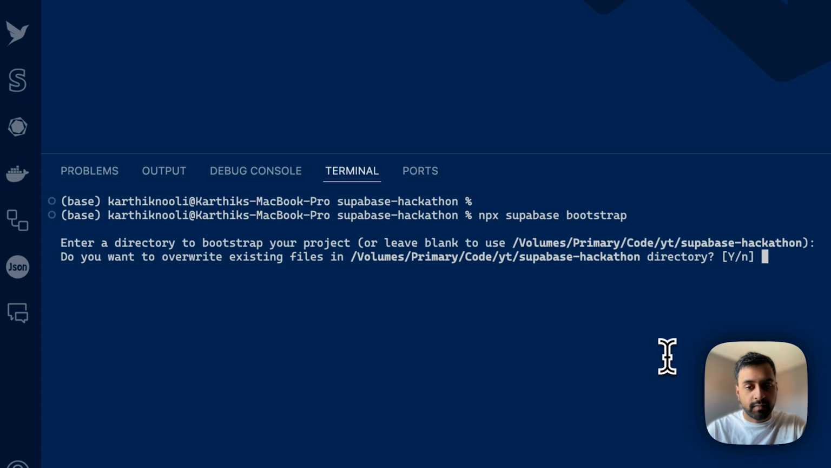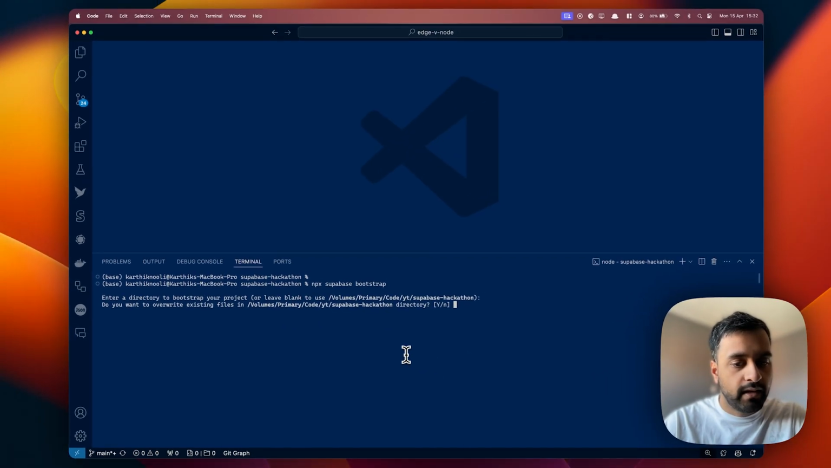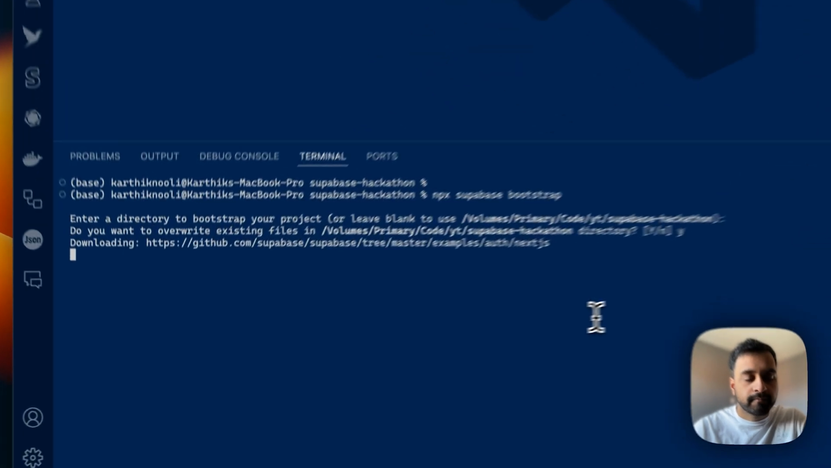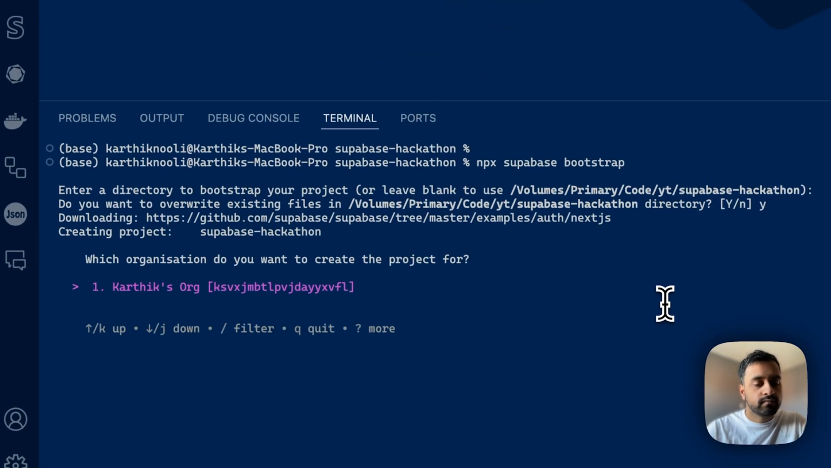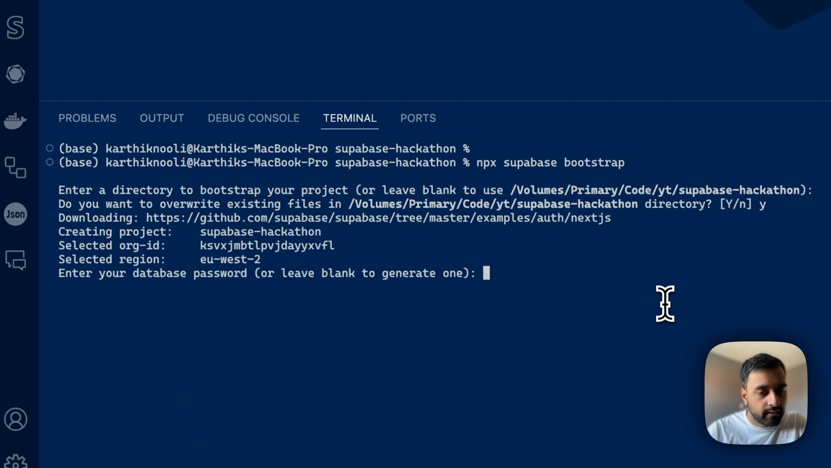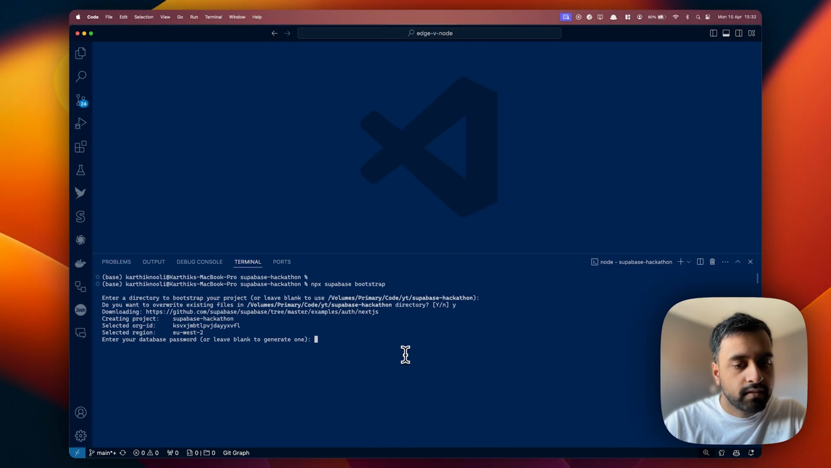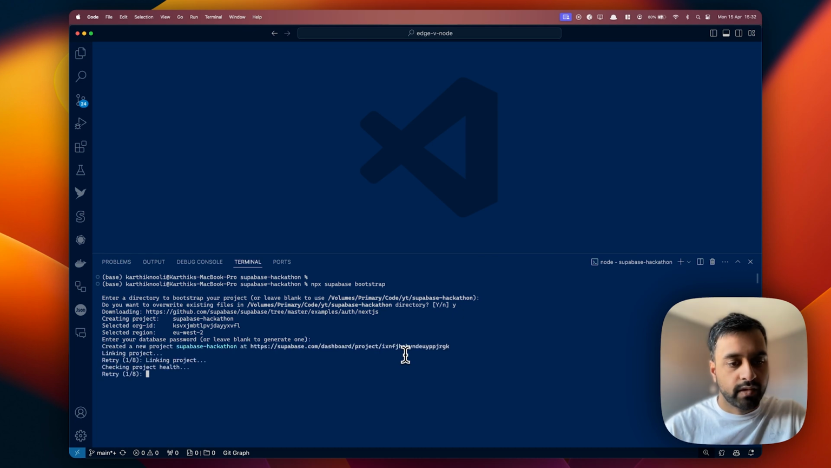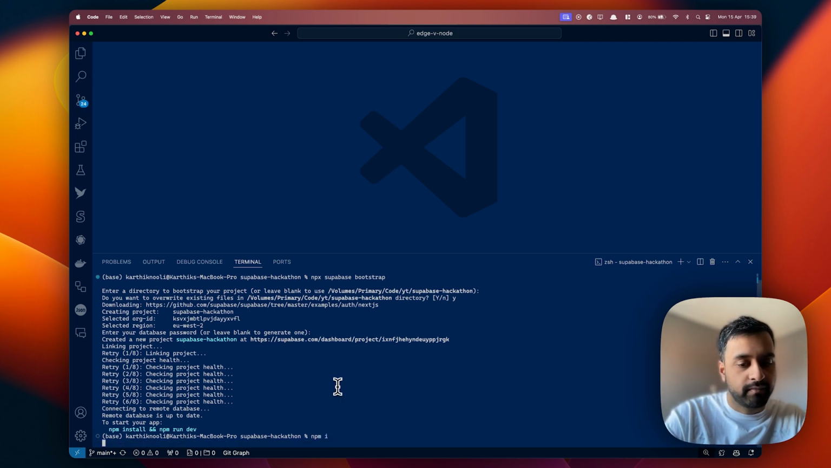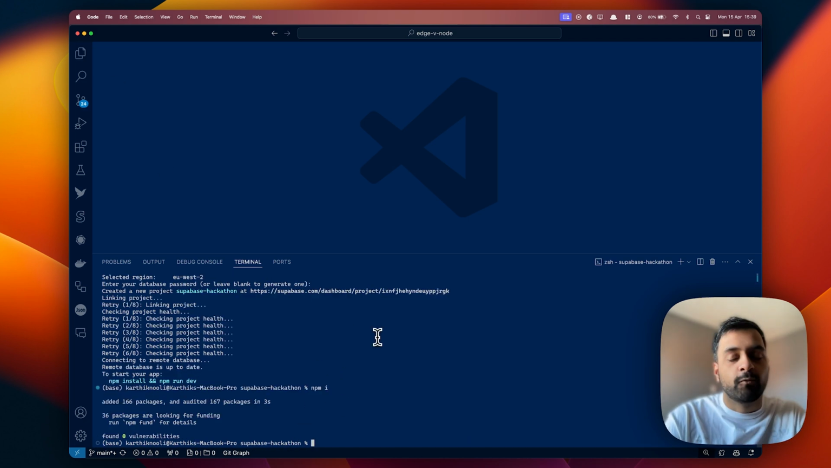We want a Next.js application. We want to overwrite, yep. Perfect. We want this in London, nice and close to us. And we'll just get an auto-generated password. So apparently this can take a bit of time, so I'm just gonna skip ahead to once it's done. Alrighty, now that that's finally done, let's just do an npm install,